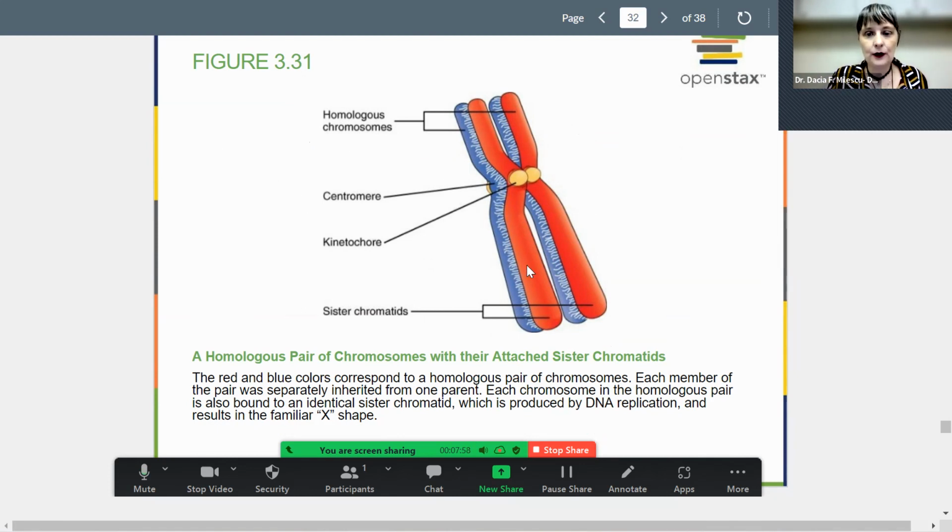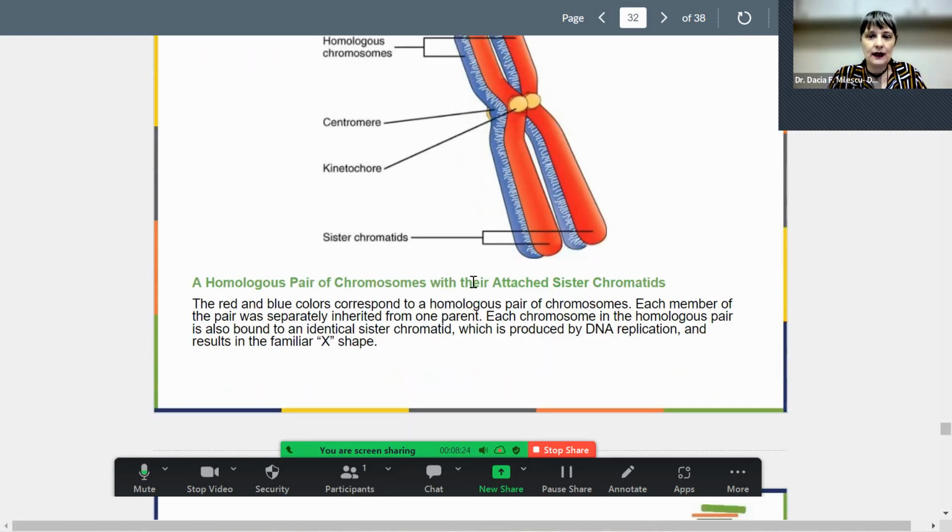So here is a chromosome, which is basically DNA all coiled up in this very large chromosome. And the center is called the centromere, not to be confused with centrosomes, which are located in a cell and form the spindle and allow the chromosomes to move during mitosis. And so these are homologous chromosomes, okay, which means that they are base paired and they are identical in terms of information. It's just that they're bound by their sister chromatid, which was produced during that DNA synthesis or replication